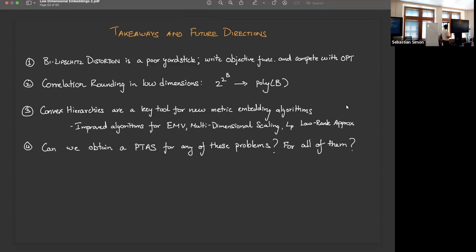The third one, at least to me, is that convex hierarchies are a key tool for analyzing metric embedding algorithms, where you write down the objective and try to compete with them. And as I said earlier, this has led to improved algorithms for the problem that I described today, also for other problems like metric multi-dimensional scaling and LP representation. And this appears as